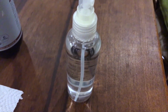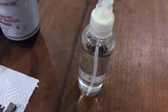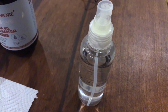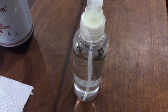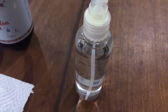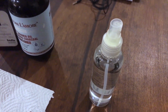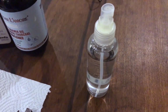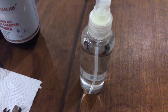I actually purchased this little plastic spray bottle, and I just fill it with filtered water so that her hair does not become dry at any point while I'm styling her hair. It works much better, and the style turns out a lot shinier and bouncier for some reason when I use the water. We've tried it when it was semi-wet, and then it gets dry halfway through the styling, and it turned out okay, but it turned out a lot better when I don't allow her hair to completely dry. So it actually air dries at the end